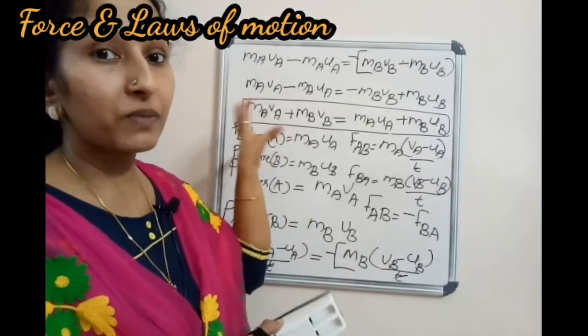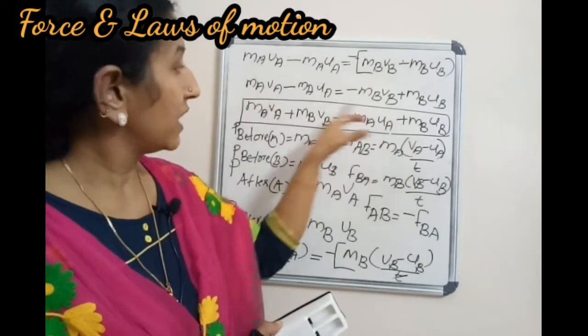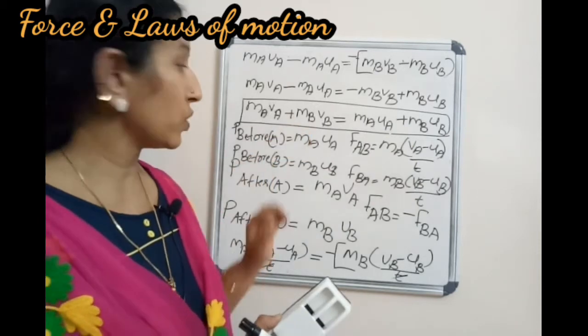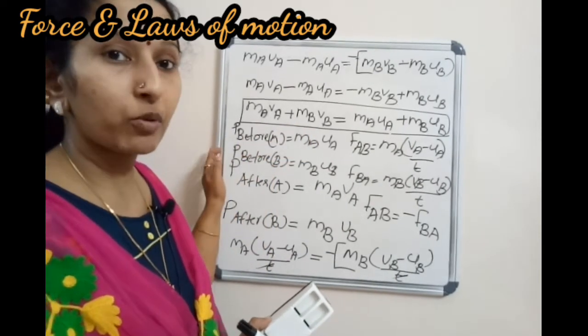So finally I need to group the V terms and U terms. U terms here and V terms here. Okay, so I started from here. First we have to make the equation for